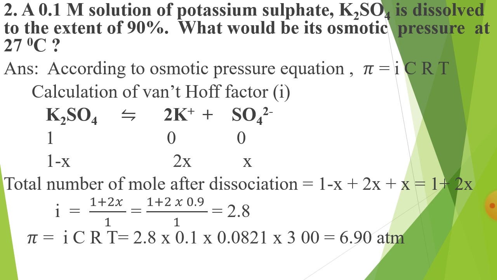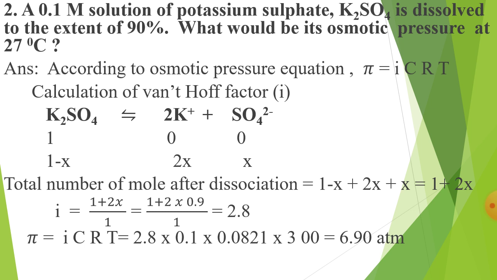For this we know the osmotic pressure equation, pi equals i C R T. So first of all we have to calculate i. K2SO4 breaks into 2K plus and SO4 2 minus. In the initial condition only 1 mole of K2SO4 is present and 0 K plus and 0 sulfate ions, but after some time, at equilibrium,